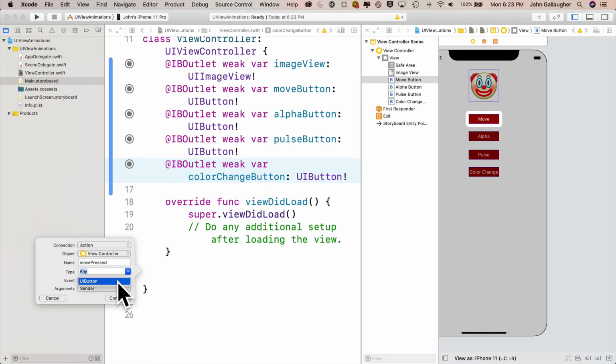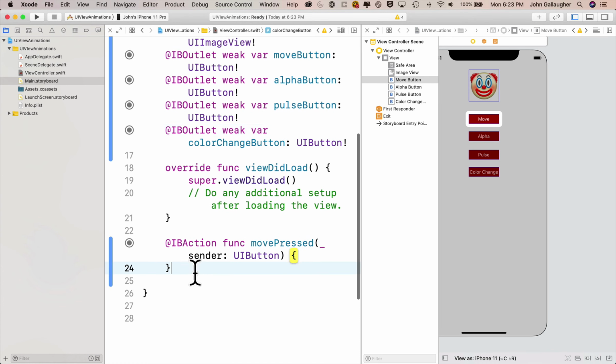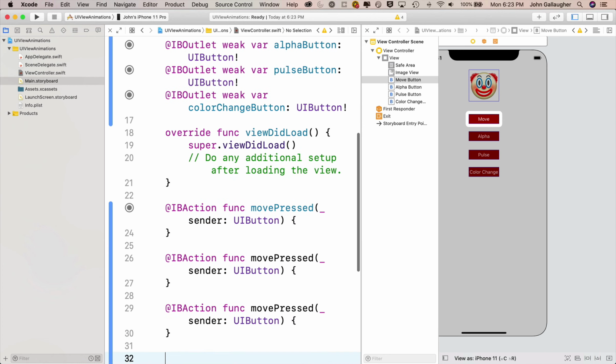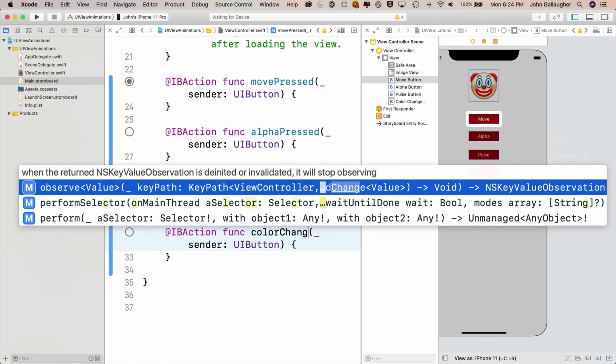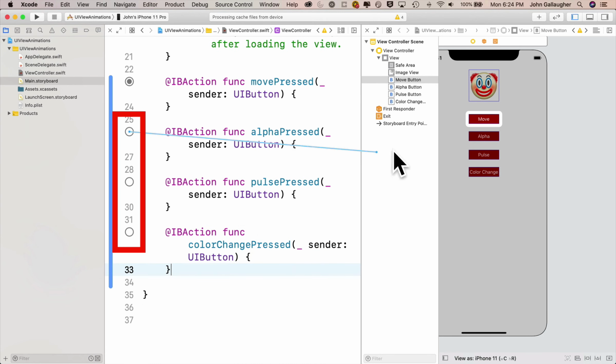Then I'm going to use the same technique that I used on IB outlets with IB actions. I'm going to copy the IB action that I just created for Move Pressed, Command C. Then I'll Command V 3 times down below to create copies, and rename the first copy alphaPressed, the second one pulsePressed, the third one colorChangePressed, and I can drag, not control drag, from the empty circle to connect it to its respective button that's attached to this